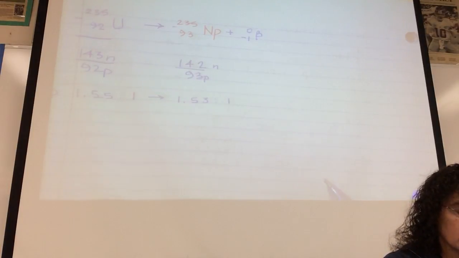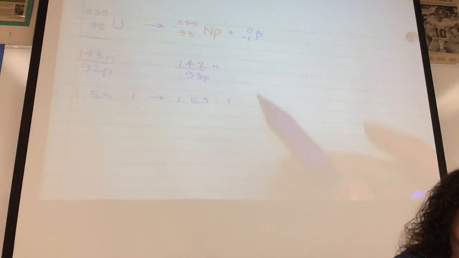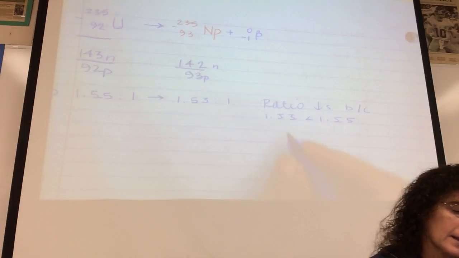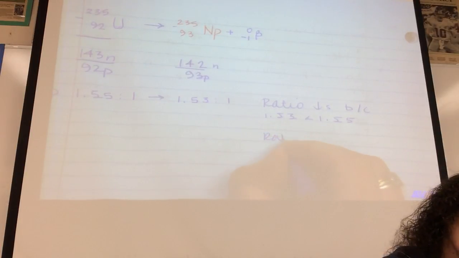The ratio decreases because 1.53 is less than 1.55. Or you could indicate that the ratio decreases